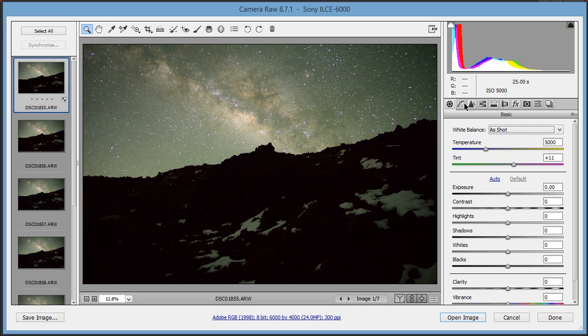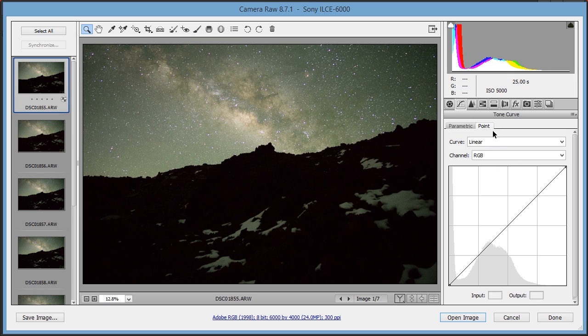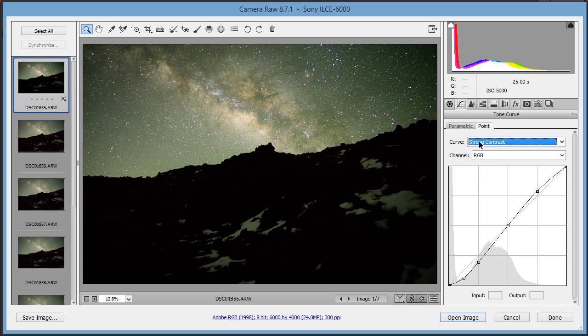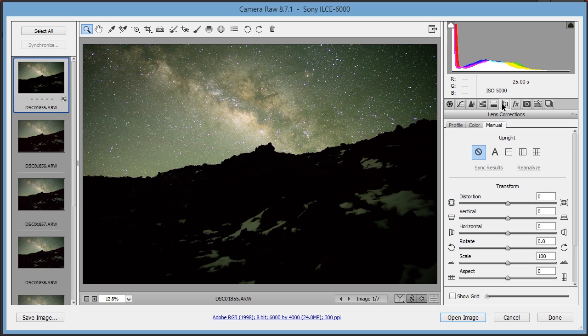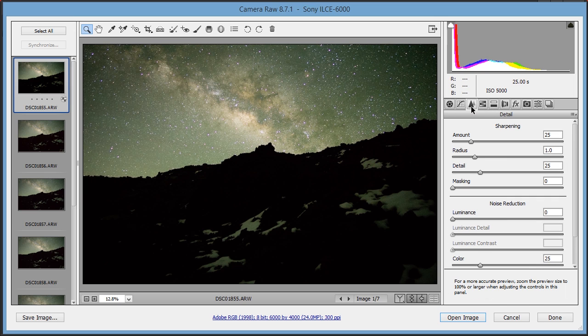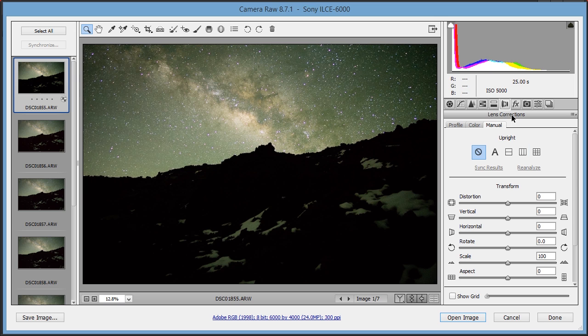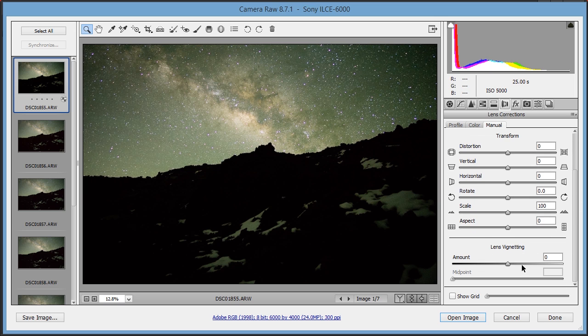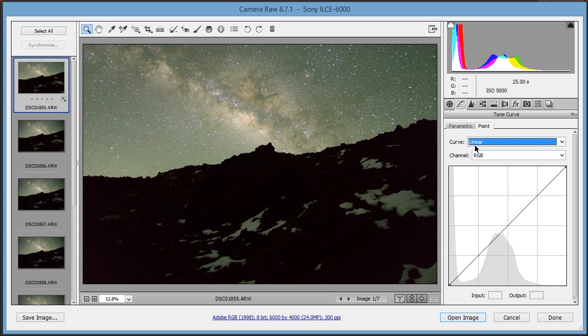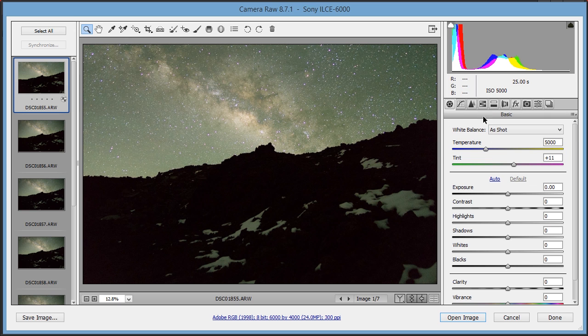So the first thing I do is remove the vignetting, and I'm just going to do a strong contrast curve. And that'll make it easier for me to remove the vignetting. So I'm going to go to the lens corrections and go to the manual tab and just increase the amount until it's removed. I'm going to decrease the midpoint, maybe a little bit more in the amount. Okay, that's pretty good. I'm going to reset that to linear, and now I'm going to start doing the basic